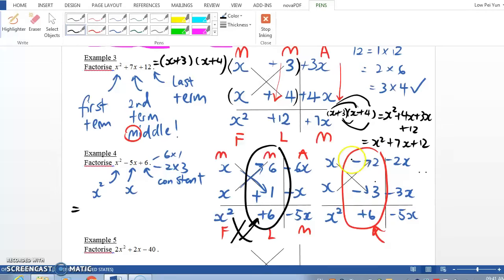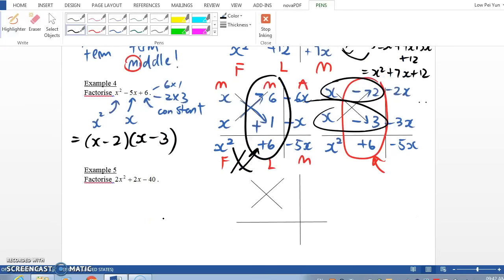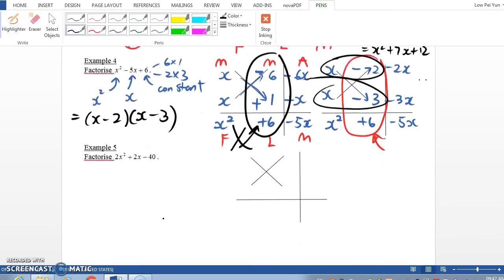x minus 2, remember you read it horizontally, x minus 2 times x minus 3. There you go. Alright, so now you know why I purposely put 2 crosses for example 4. Okay, example 5. 2x squared plus 2x minus 40. I hope you are sensitive to numbers and you are able to see that you can actually factorize a 2